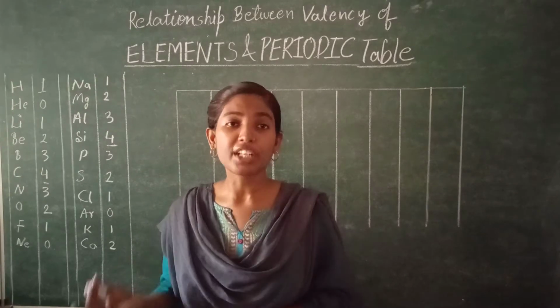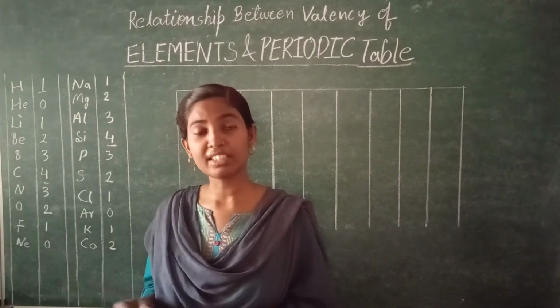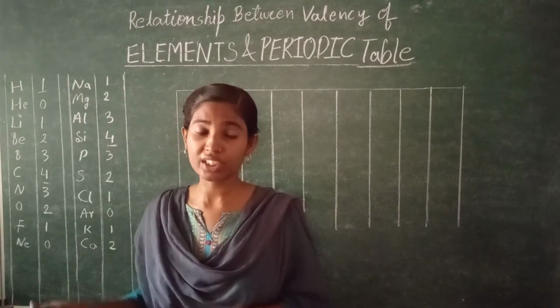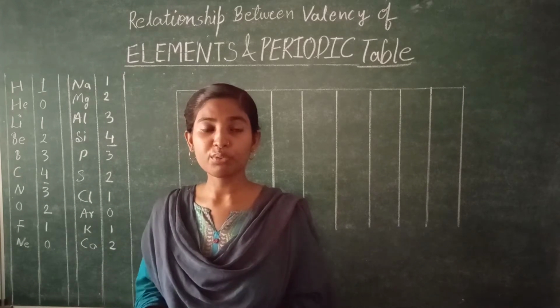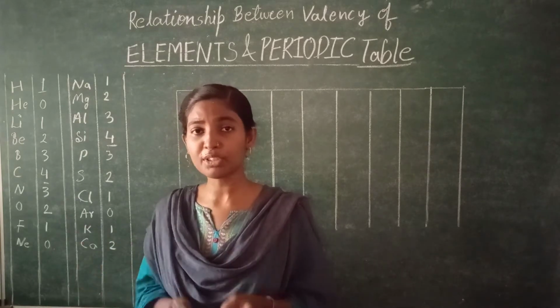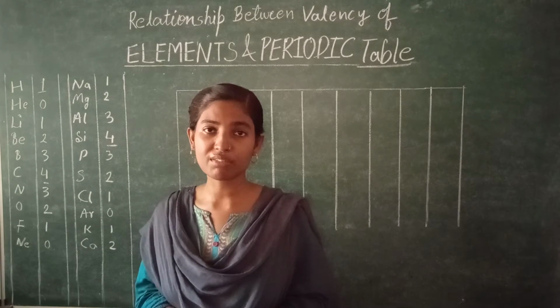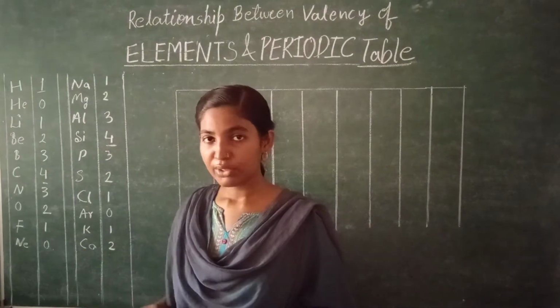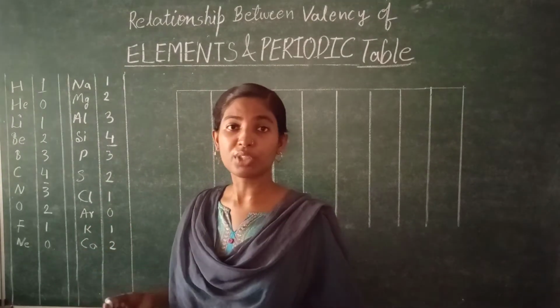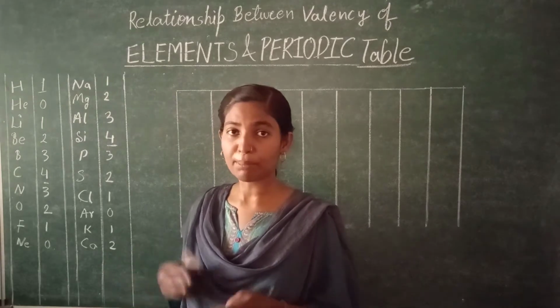Now we try to find out: ठीक है, इनकी valency जो है 0 से लेकर के 4 तक के बीच में है. So why don't we do one thing? Keep all the elements together that have valency 1. Why do we keep them separate? Let us keep them together, not separately.